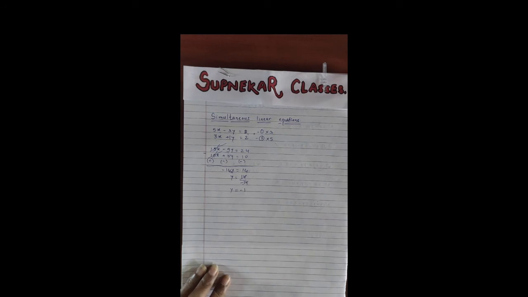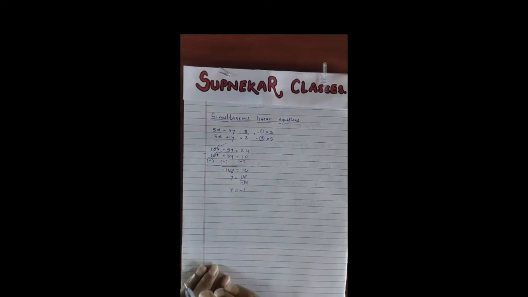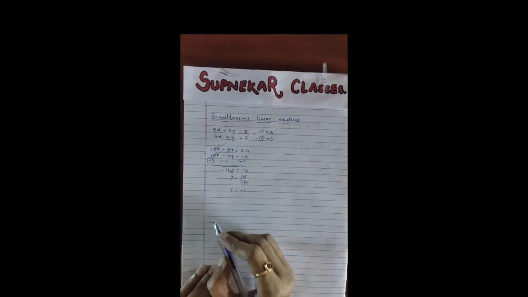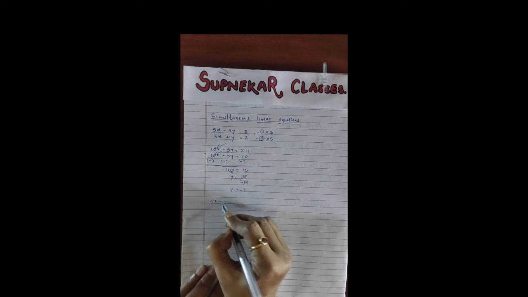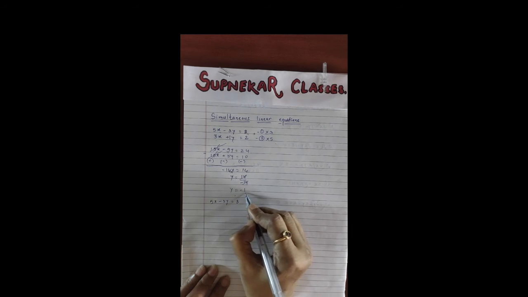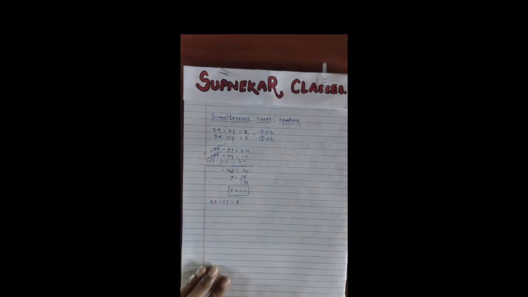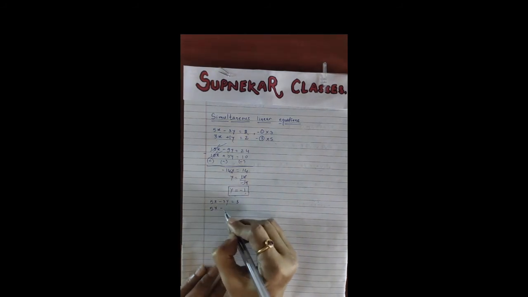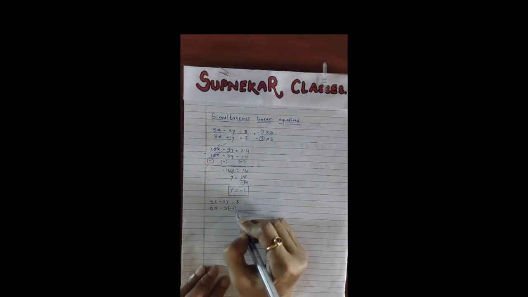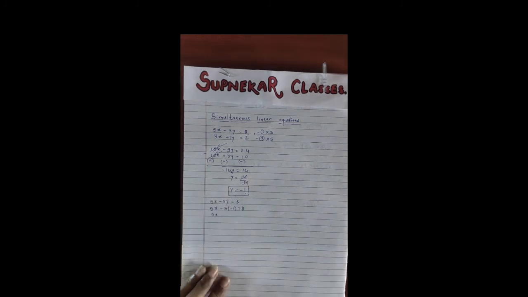Okay, have you understood? Now we have to put this value of y in any of the equations. In any of the equations you can put, but I will put it in the first equation. Suppose 5x minus 3y is equal to 8, and here the value of y you have got as minus 1. So 5x minus 3, and you have to put the value of y, which is minus 1. So it will be equal to 8. So 5x. Now see, 2 times negative sign it is there.